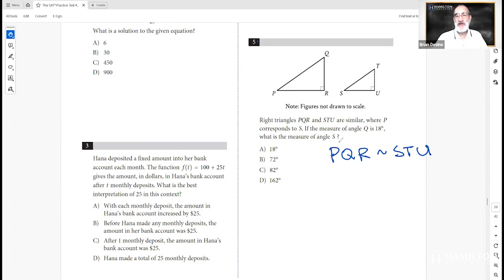And P corresponds to S, so P and S correspond. They named them in order. And measure Q is 18. Well, that's got to correspond to T. And we got to know what is the measure of angle S. Well, if P is 18,